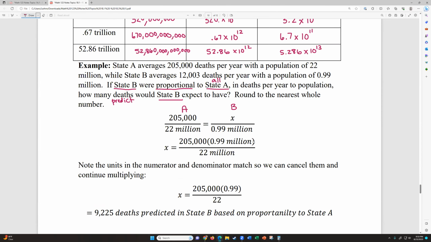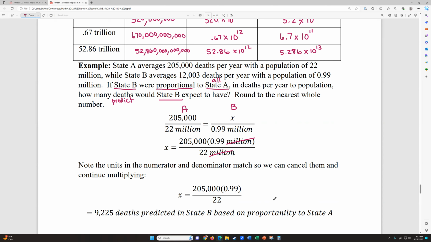So if we write this out with just the word million and we cross multiply, keeping the word million in both parts, notice you get 205,000 times 0.99 million over, because we're going to be dividing by this part, the one that's next to X, 22 million. Notice that the word million is on both top and bottom here, so it can cancel out. That is what they meant by your words might cancel, okay? So if the words cancel, we can mark them out and then just do the math. So 205,000 times 0.99 divided by 22 comes out to 9,225 deaths predicted in state B based on proportionality to